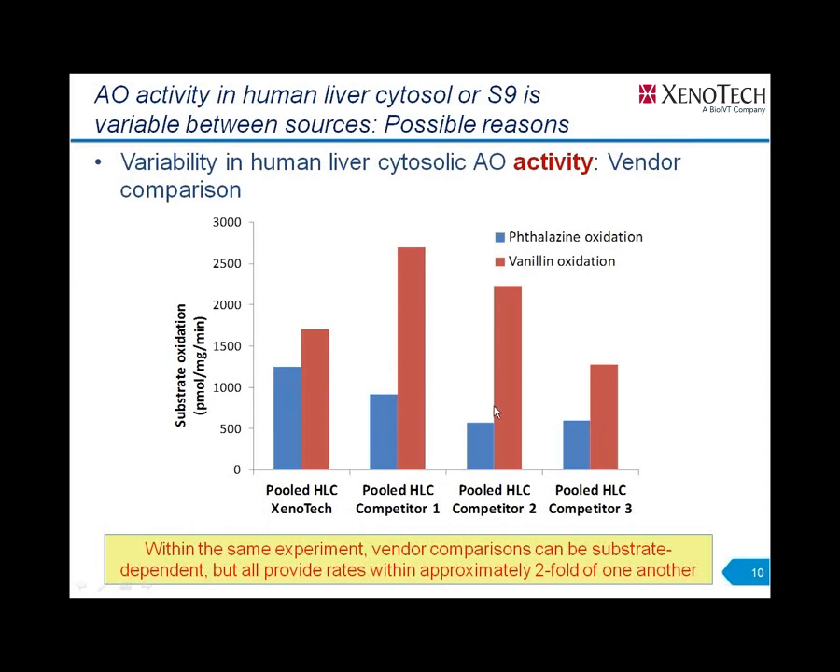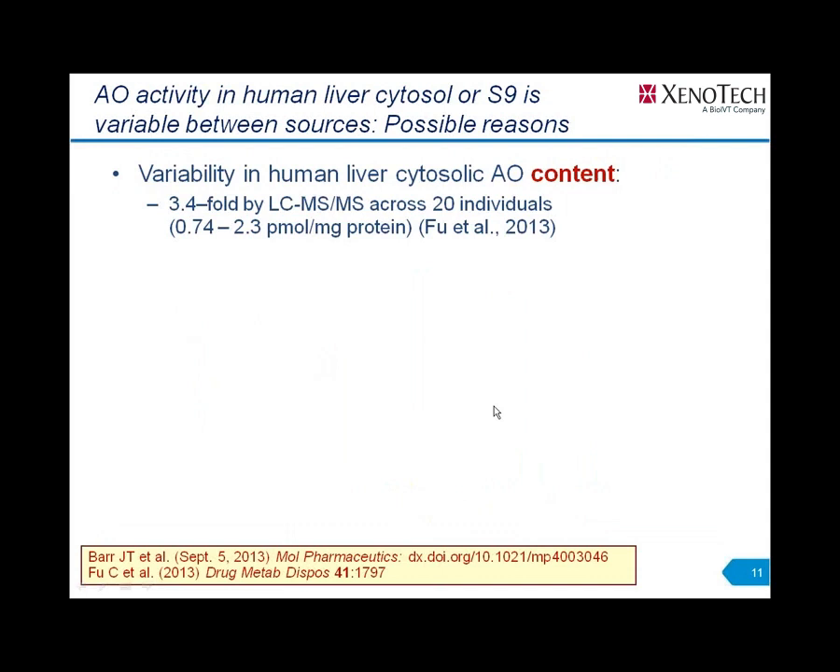So within the same experiment, even vendor comparisons can be substrate dependent, but all of these provide rates within approximately 2-fold of one another. So the question is, what contributes to these variabilities that we're seeing? There's also variability in content. So these are 2 papers that have been published very recently, as recently as September 5th, that look at the